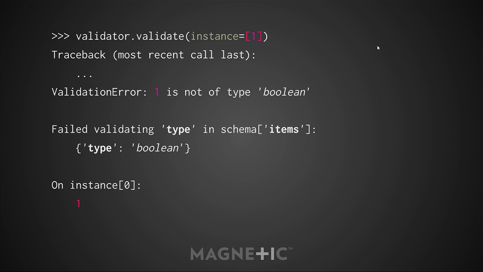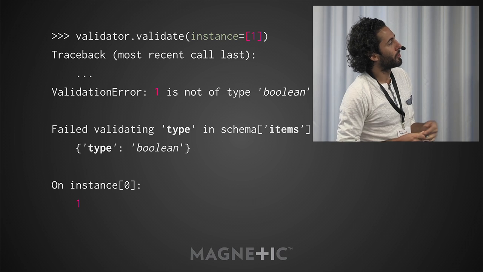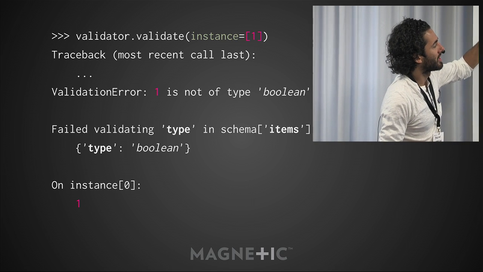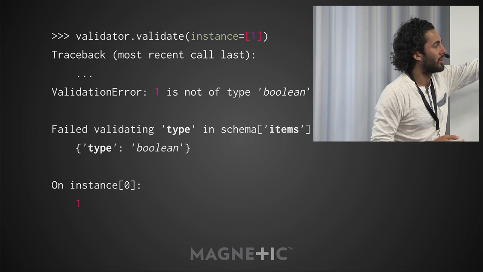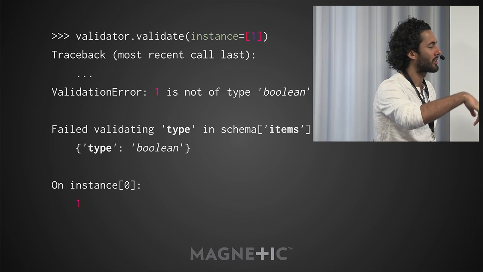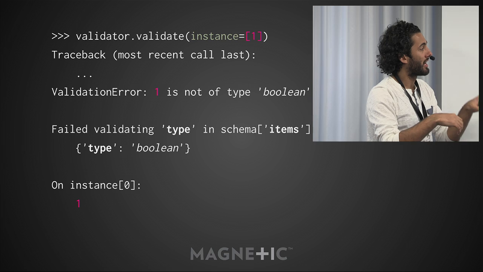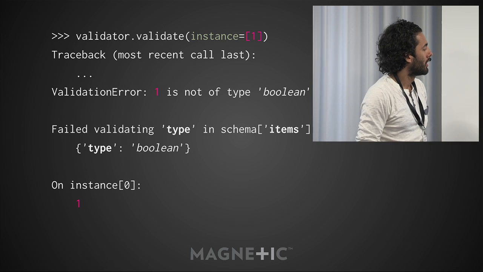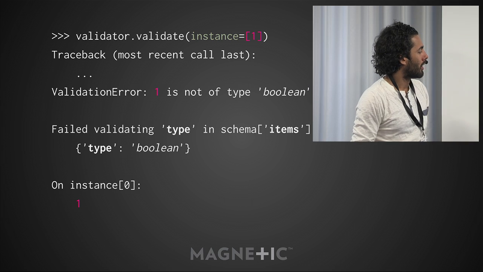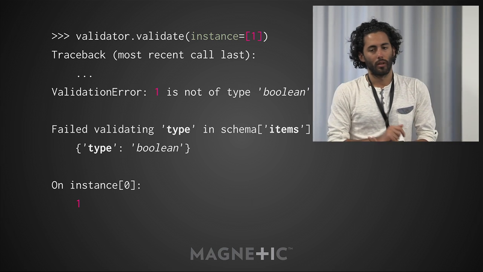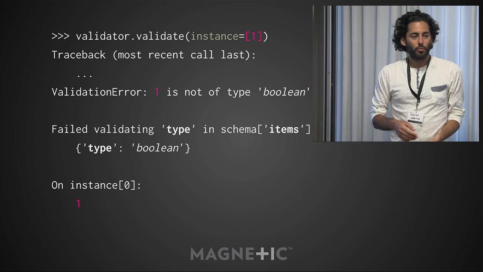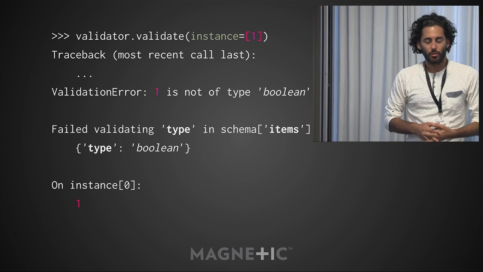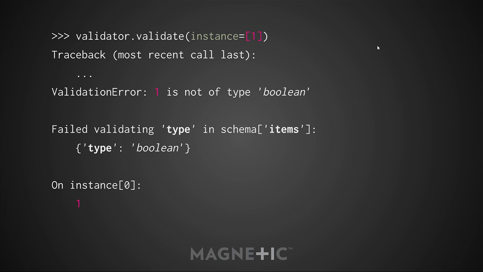If we pass in our invalid instance, we get this traceback, similar to what we've seen before, although now I'll point out that this is slightly more interesting. Rather than giving us the entirety of the schema that we were validating, it's saying it was inside schema, index items. So it was inside the index of items inside our schema, which is this subschema. And it was validating instance subscript 0, which is the element 1, not the entire instance. So if your instance or your schema starts getting quite nested, the tracebacks that you'll get will most likely dive into your instance close enough that you'll be able to see more easily what was happening.